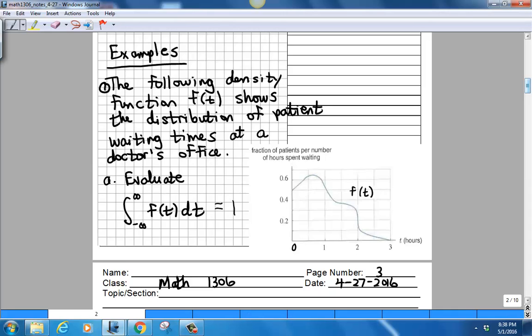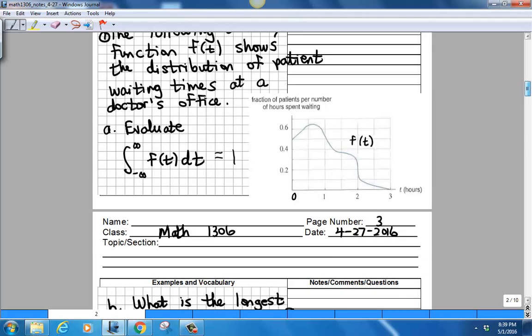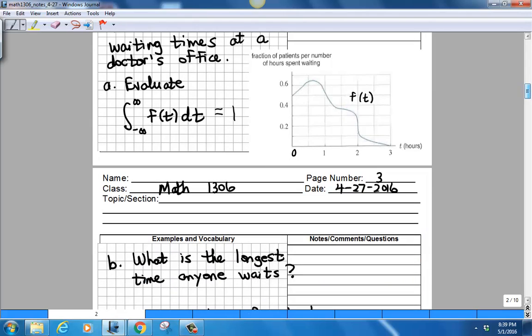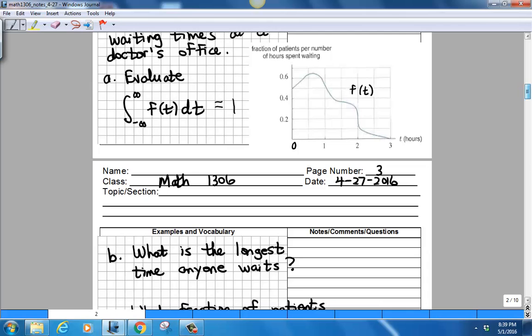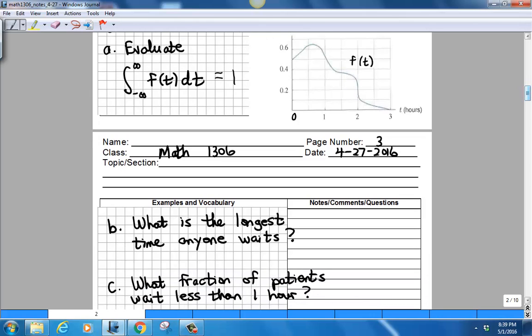All right, so let's see now how we actually apply the density function to answer questions about this population of patients. In this case, we're going to be answering questions about the waiting times for these patients waiting for their appointment. So the very first question is very simple. It's just what's the longest time that anyone waits, and that's quite obvious, right? Because the density function stops here at 3. So that tells us immediately that the longest that any patient is going to wait for their appointment is just